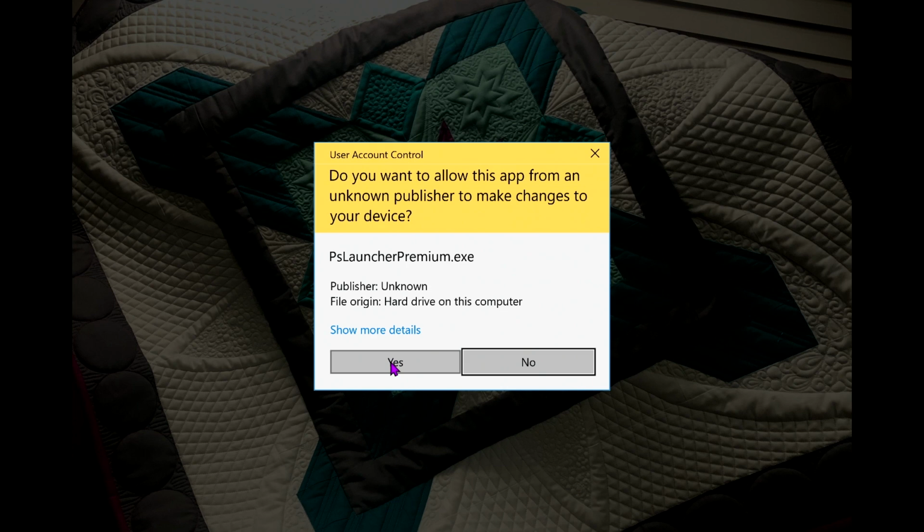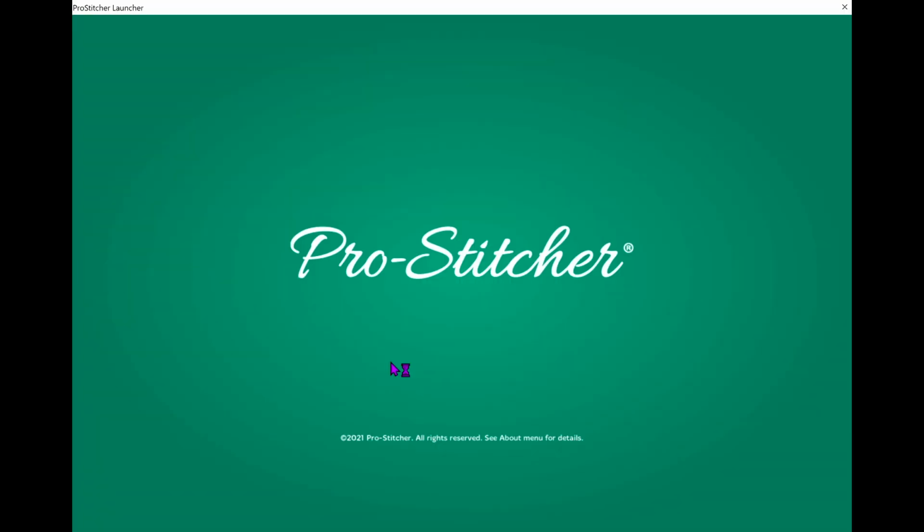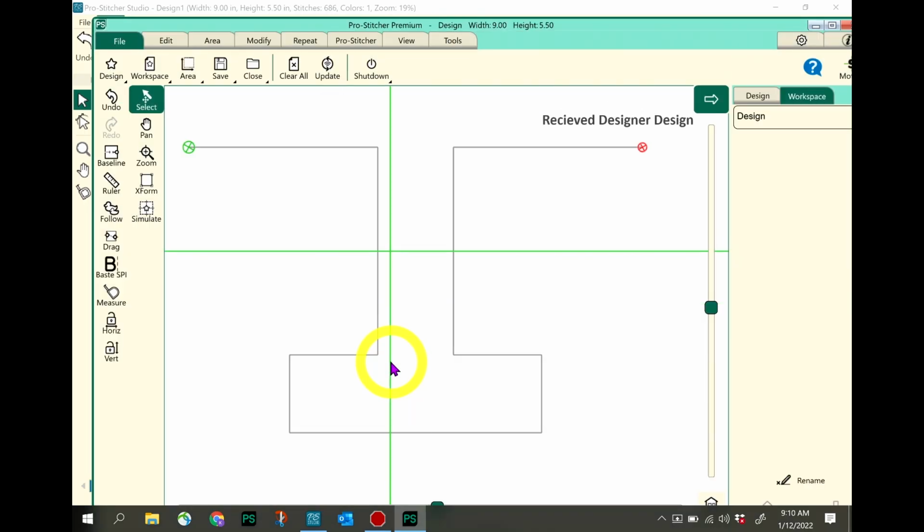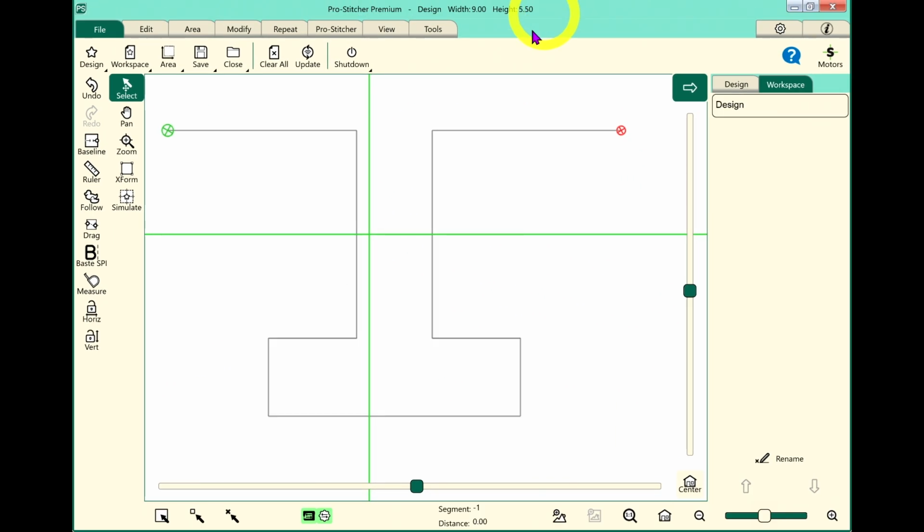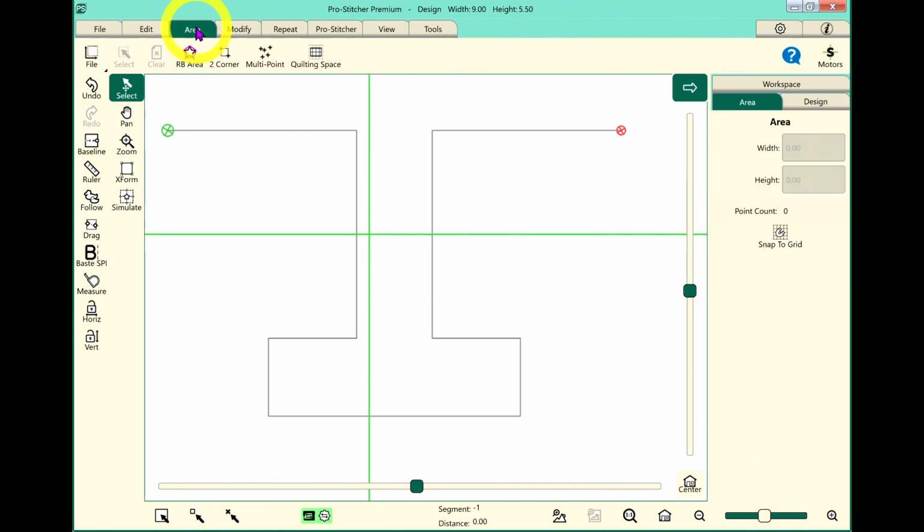Yes, I would like to please open my Pro Stitcher. Send it over. And we'll wait. Okay, so now I've got Pro Stitcher. I'm going to maximize that. Nice. And this is in simulation mode because I'm on my laptop. First thing I want to do is create an area because I want to know how big I need to make this. Okay. So area tab, I'm going to do 2 corner,